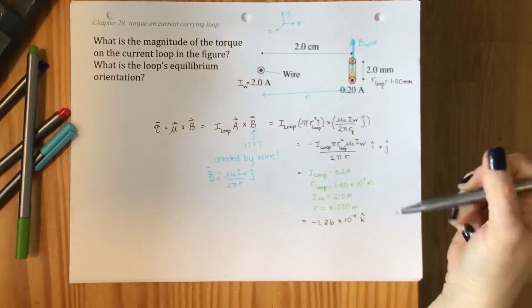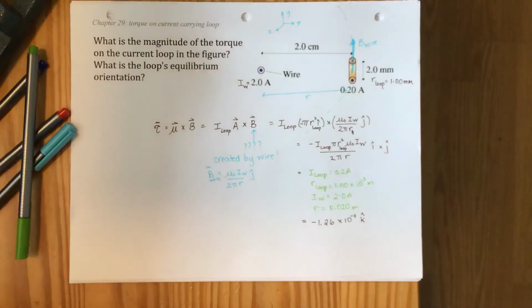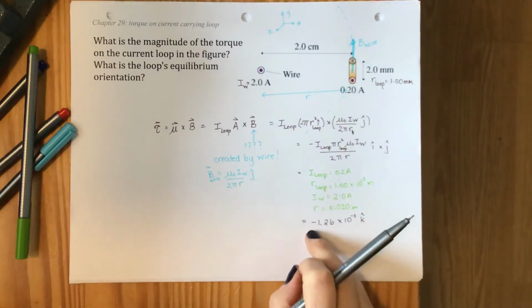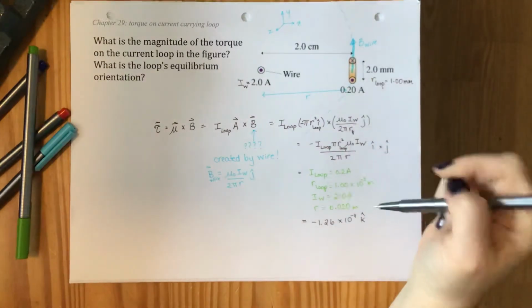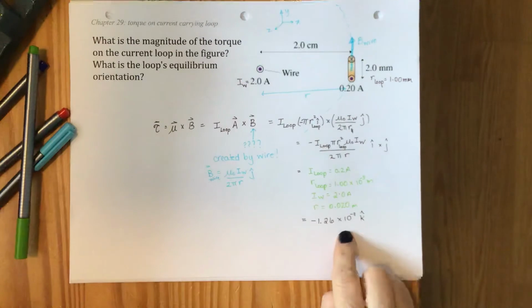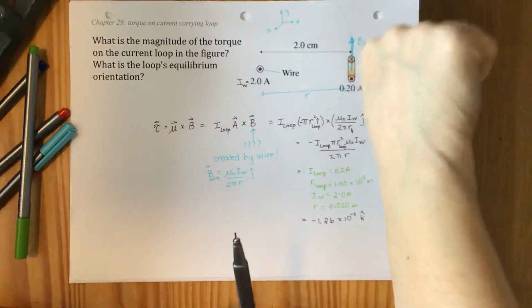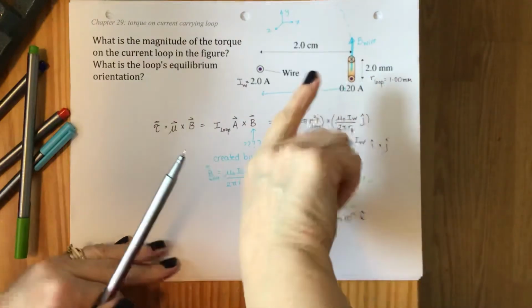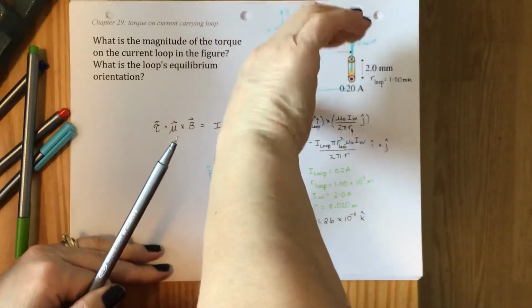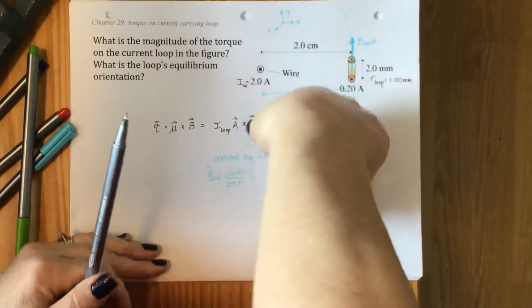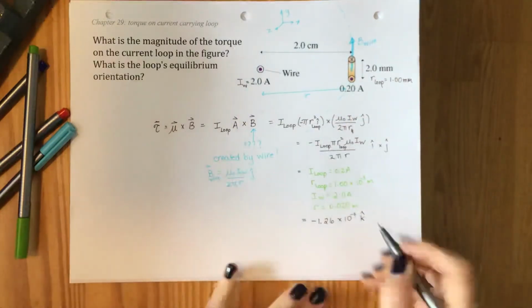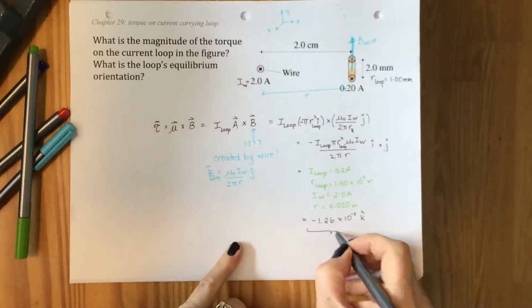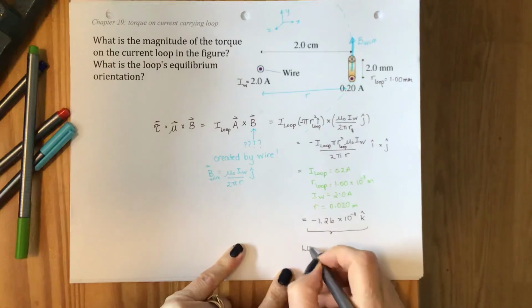Now, we weren't asked for the direction of the torque, but we decided to find it anyway, just because it's good to be able to do that. Let's ask if we know what that direction means. So minus k hat would be into the page. The direction of the torque vector is into the page. So what that tells us is that the orientation of the rotation is going to be to the right on the top and to the left on the bottom. So the loop will rotate